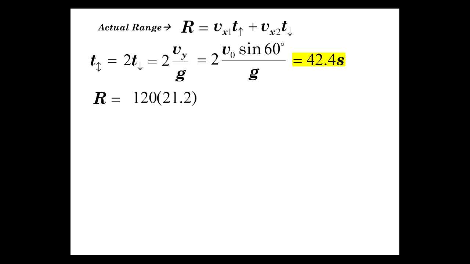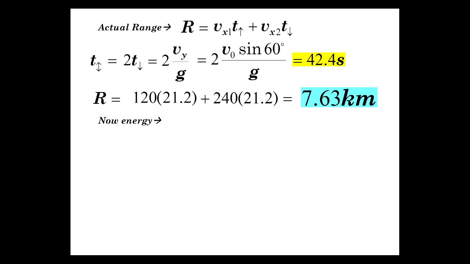Now the range is 120 times half of that, half of the flight time on the way up, plus 240 times the amount of time to go down, and that gives us 7.63 kilometers total. Pretty good range there. Now how about energy? What was the change in energy as a result of the explosion? Well, it's the fragment energy, the energy it has now, minus the energy it had at the top before it exploded,